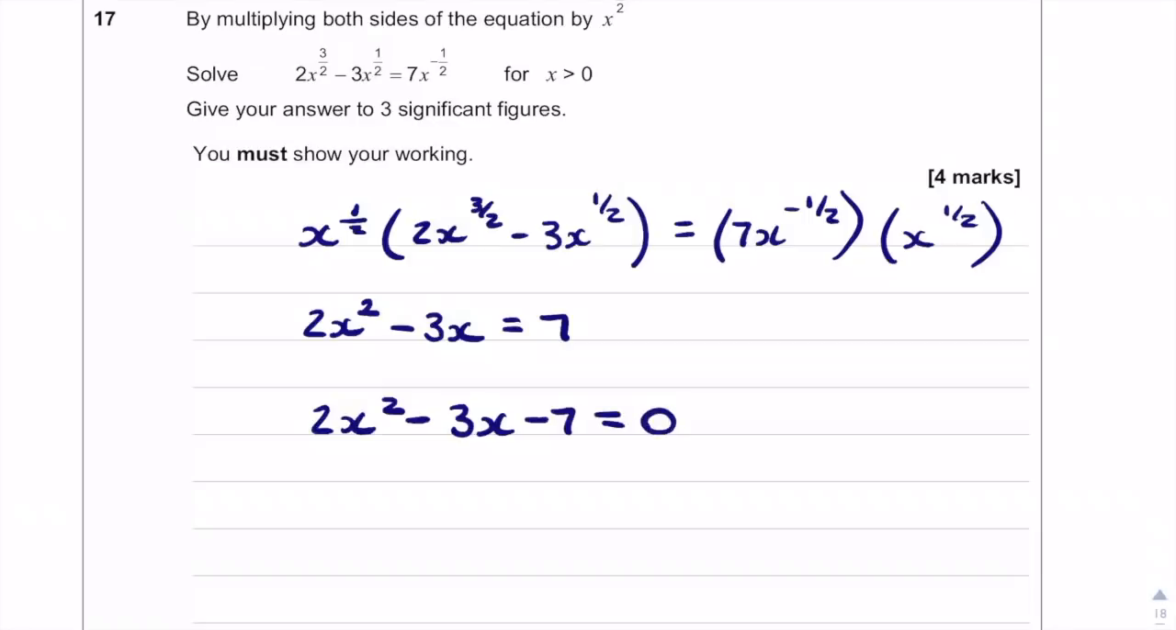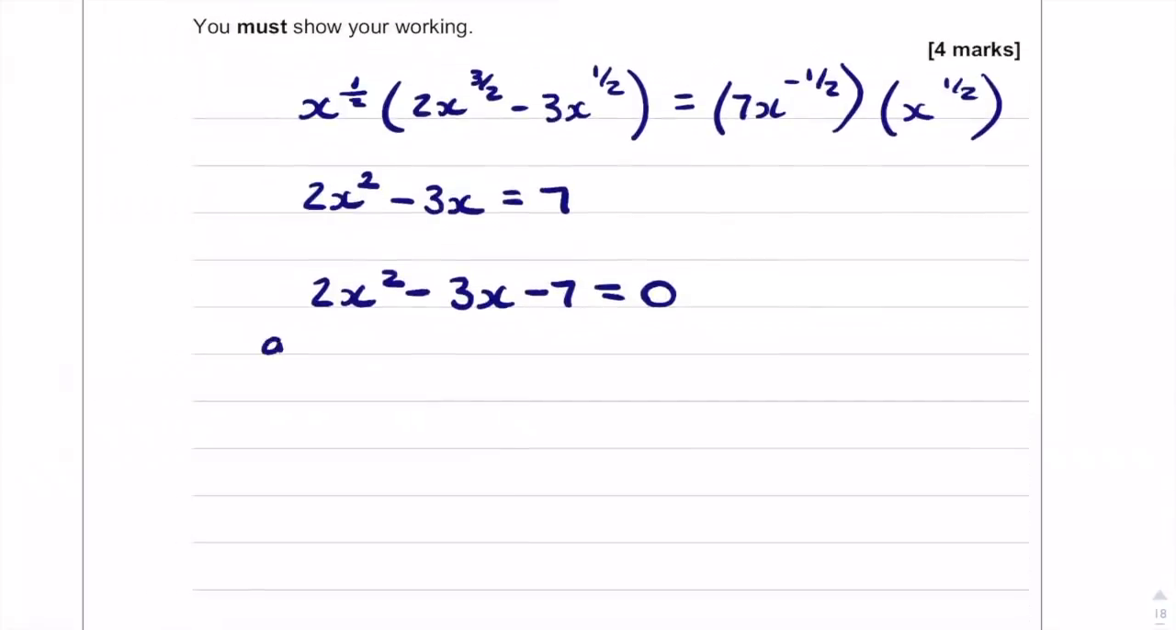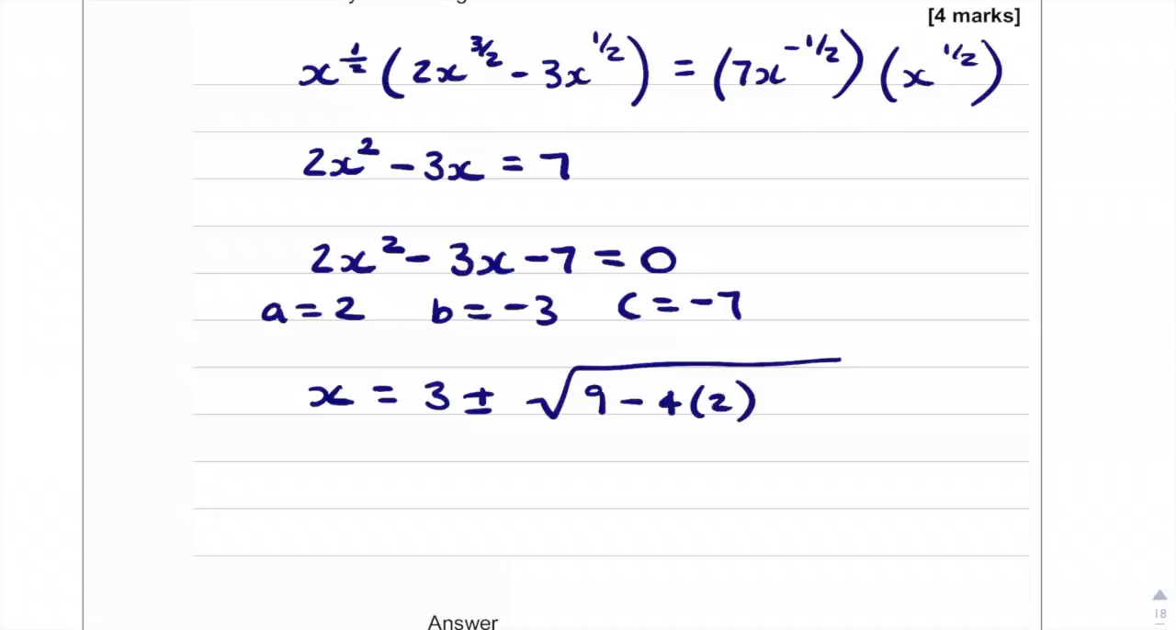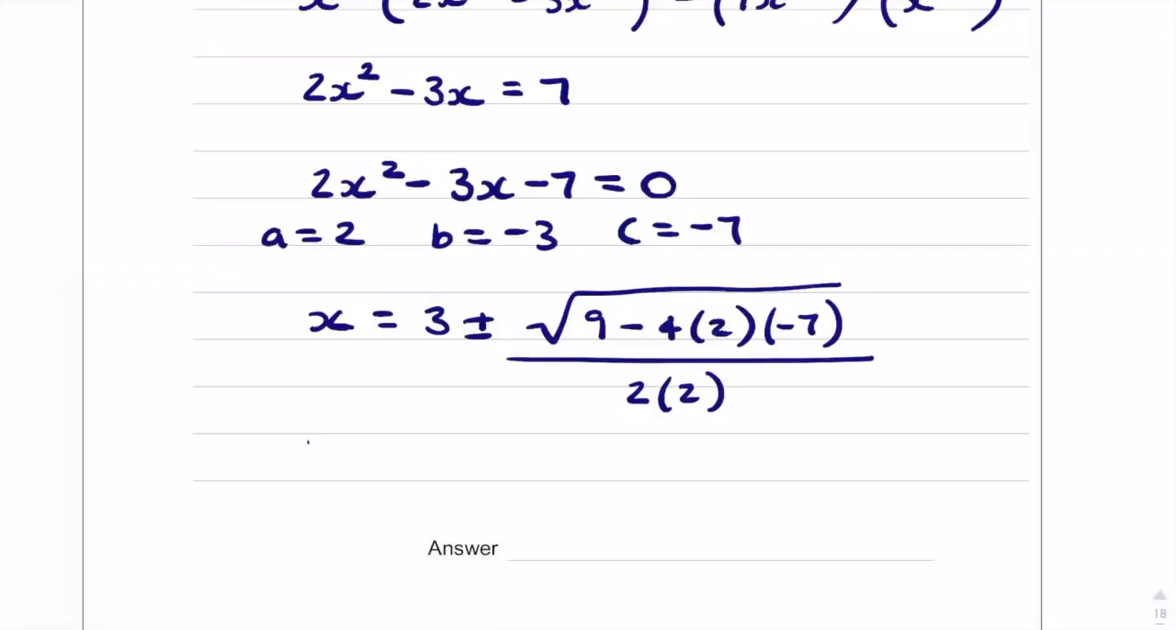Now to solve it, the question says we've got to give our answer to 3 significant figures. So I think we're going to have to use the quadratic formula for this one. So if I say a is 2, b is minus 3, and c is minus 7, I can say that x is equal to minus b, which is minus 3, so that's going to be 3 plus or minus square root of b squared, which is minus 3 squared, which is 9, minus 4ac, 4 times 2 multiplied by minus 7, all over 2 times 2. So if we simplify this, we get 3 plus or minus